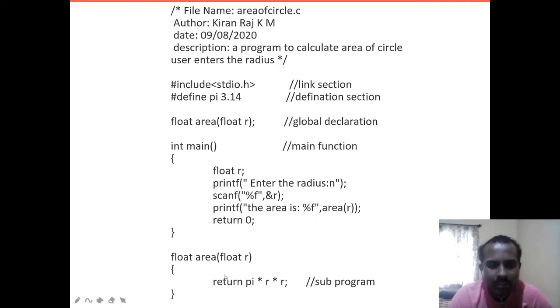The declaration part is the declaration of the variables. You need certain variables for doing some operation, and you declare them in the local declaration part. This is a local declaration.